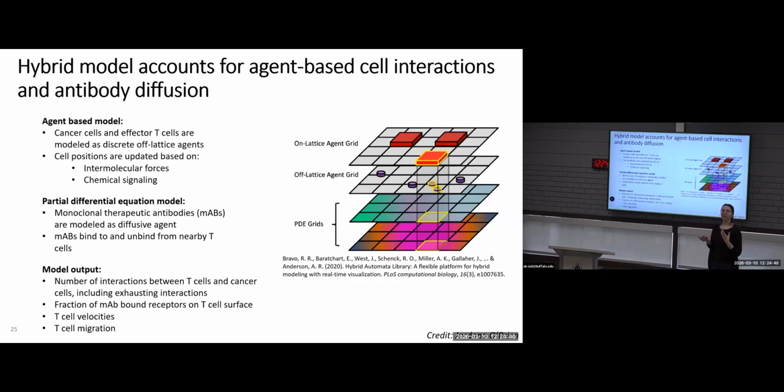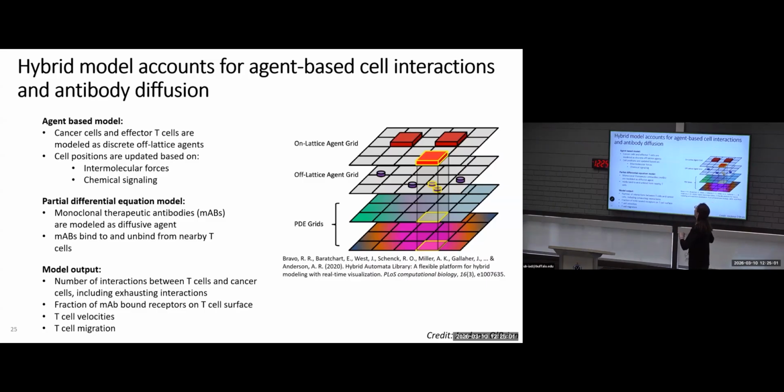The chemokine signaling is particularly important because it's what draws the T cells to the tumor initially in the first place. So we're getting that infiltration. I like to think of it as a sort of homing mechanism. The T cells start to burrow into the tumor. I have a video coming up very soon.